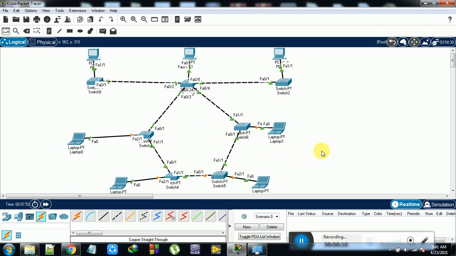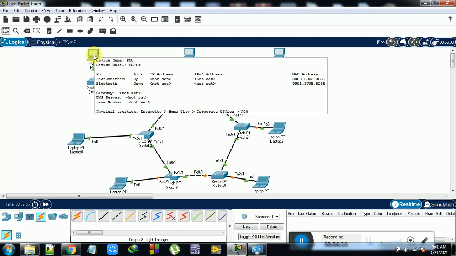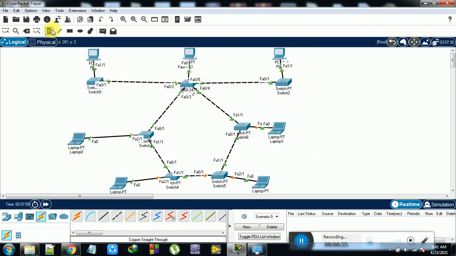Now I want to check for the working. To check the working, we need to go with something called an IP address: 192.168.1. This is the first thing I do. 192.168.1.1.